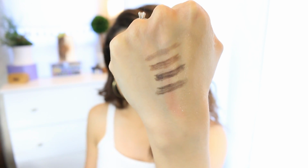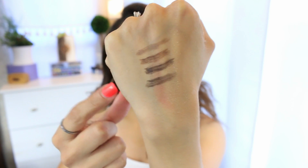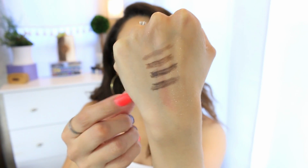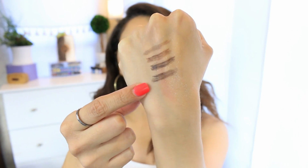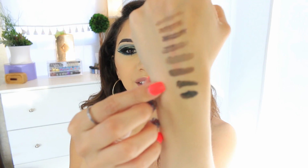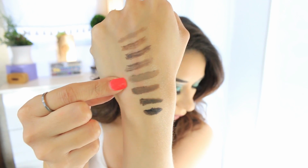The first one is Soft Blonde, and then the second one is Honey Brown, and then the next one down is Soft Brown, and then Rich Brown. The pencil is really thin, and the spoolie is also really nice and thin. And then they also have the pomades that come with a little brush on the top, so it's right up there. The one that I'm wearing on my eyebrows today is this third one down, but this one's the first one that I got, and that one is